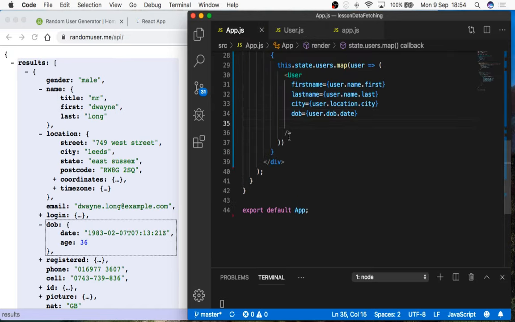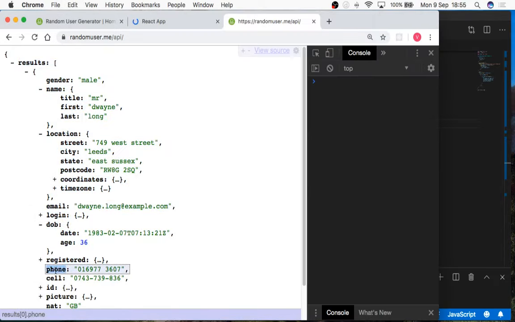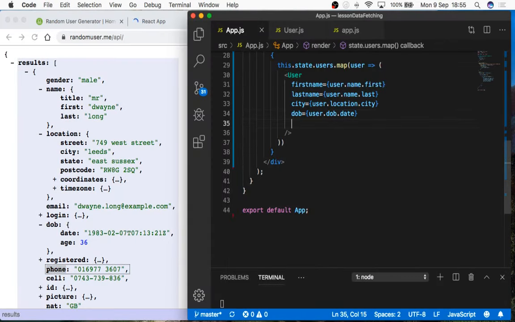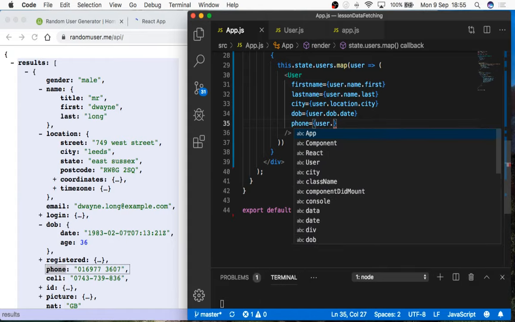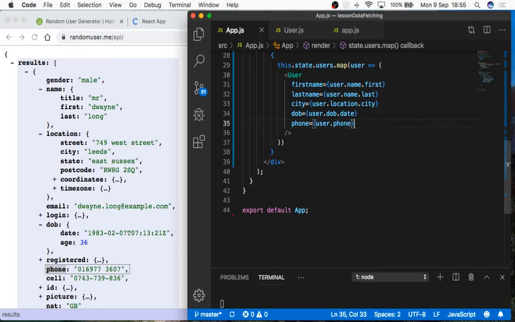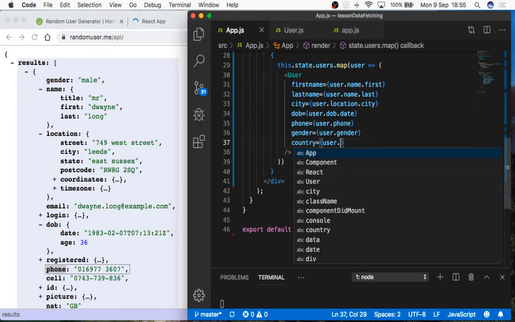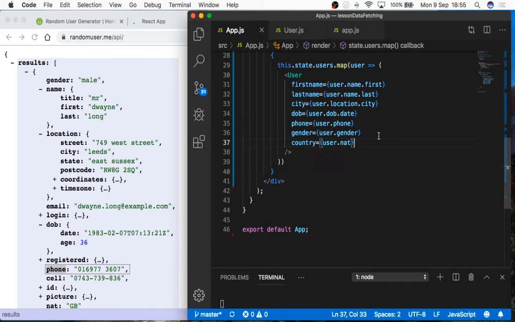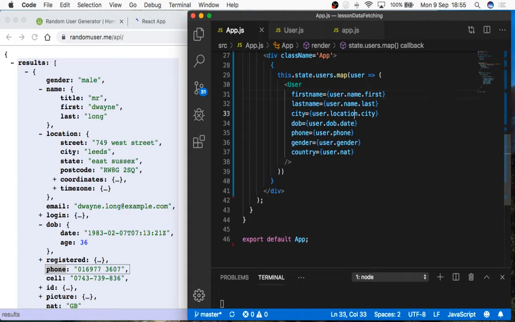What's next? Phone. Right, let me find phone. There we go. So I want this phone number. Shall we call it phoneNumber, or just call it phone? Doesn't matter. user.phone. Yeah, that's it. Nice one. You guys get the gist, right? And let's just finish the rest very quickly. So we have gender. user.gender. That's fine. And lastly, what's the last one? Country. Yeah, nice one, Sumi. So I created my properties, and I want the values to be exactly from the